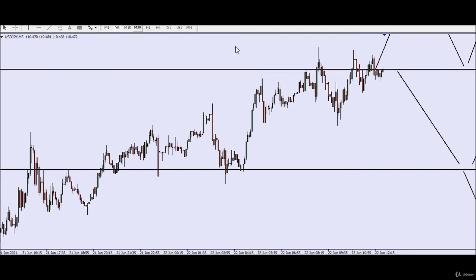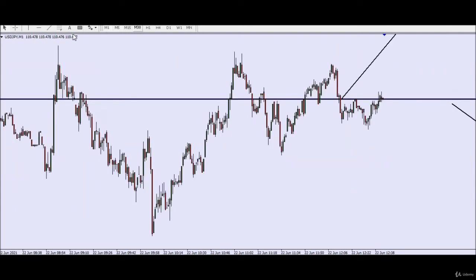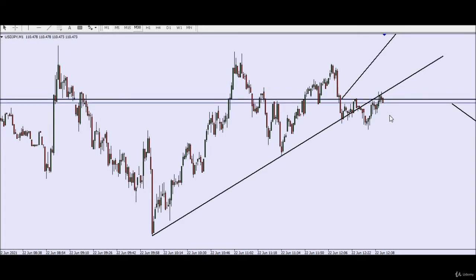And what I can show you on the 1-minute time frame, if you trade trend lines, you can see that here was a break of this trend line. So now this can be just a retest before a move down, and if you like even smaller trend lines, here is another break,